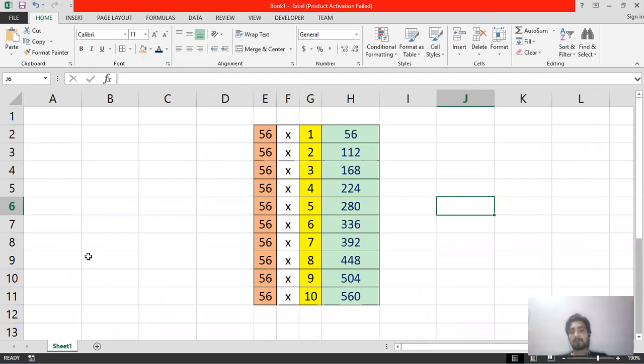And suppose you have done your work in one worksheet and now you want to add more worksheets in your workbook, then in that case you need to click on the new sheet icon, which is available at the bottom of the worksheet. Here you can see a plus sign on the right side of the sheet tab. So click on that plus sign for adding more sheets in your workbook.